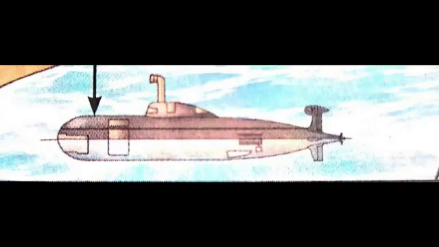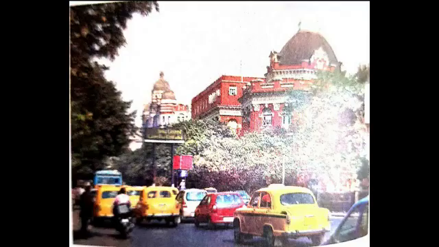Apart from boats, people also used submarines. A submarine is a vehicle which moves underwater. Different means of transport. The different vehicles that we use to travel from one place to another are called means of transport. There are 3 means of transport: land transport, water transport, and air transport. We choose either of these means of transport on the basis of cost, availability of transport, and the duration of